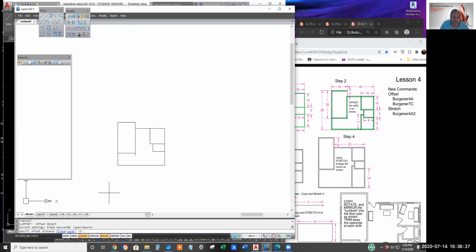We'll do the same as AutoCAD colleagues did, 0.5 and hit enter, and then start picking lines. Again, we're forming the dark green lines in step 2.